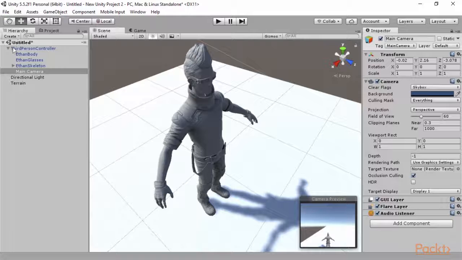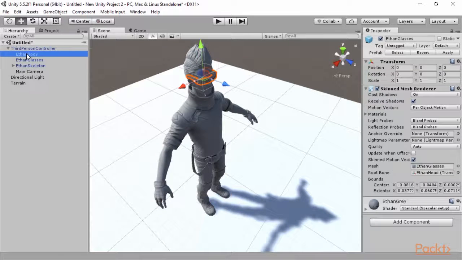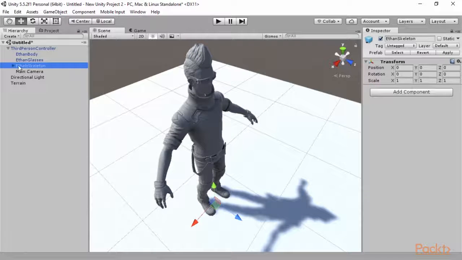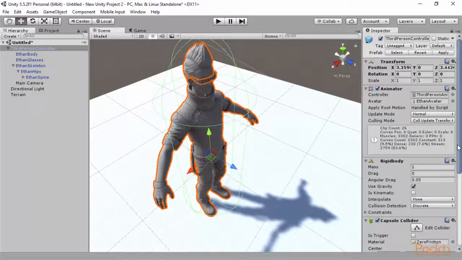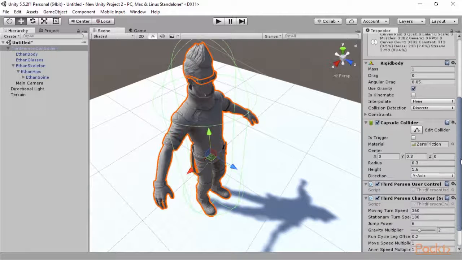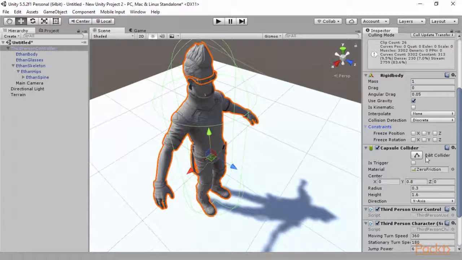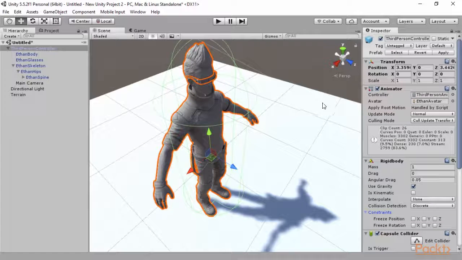In hierarchy view, we have Third Person Controller selected. You can see that the character's name is Ethan Body, and his glasses are a separate object. And here you see Skeleton. So if I drill down with each one of these triangles, you can see Ethan's hips, that's the pivot point. And if we were to select the character and then look at its inspector view, we can see quite a few settings here that we will not go into now, but just know that this is where you will make edits. Now back in the hierarchy view, we can continue to drill down, and you can see that his skeletal structure is made up of